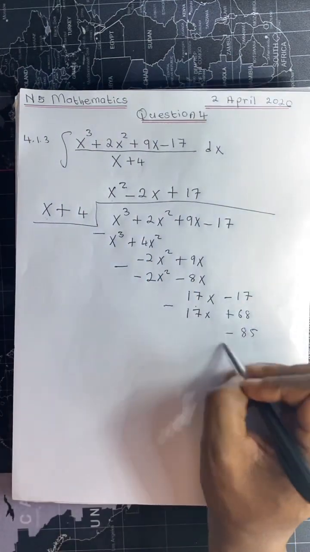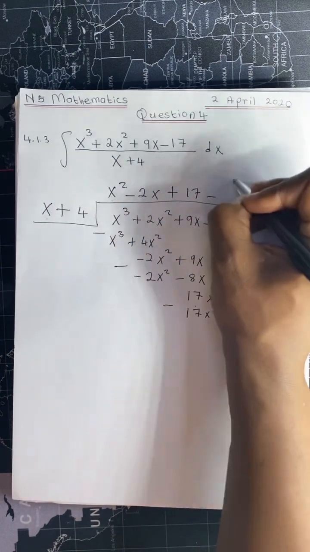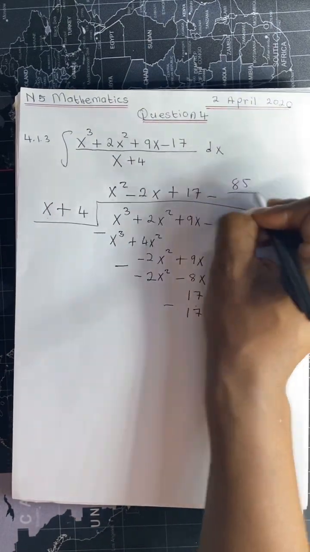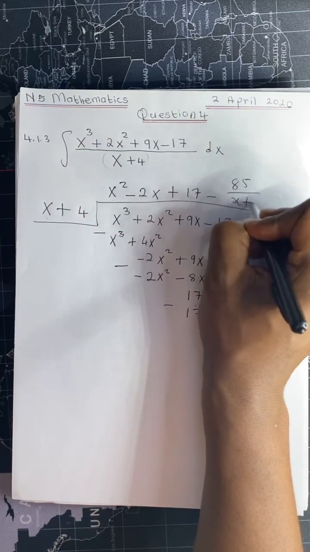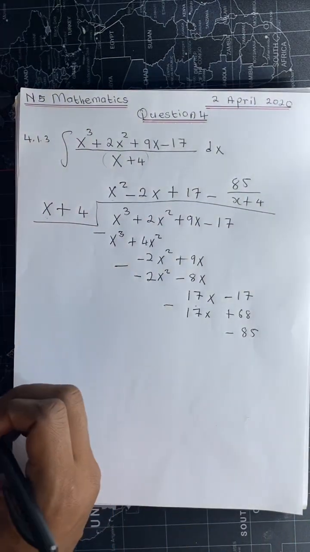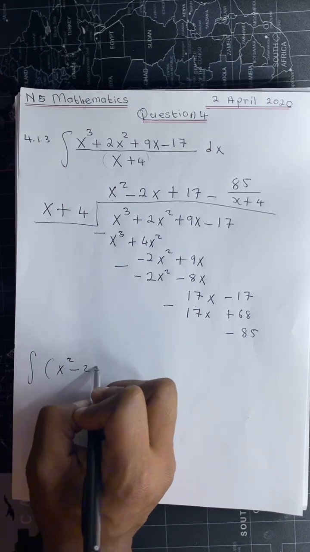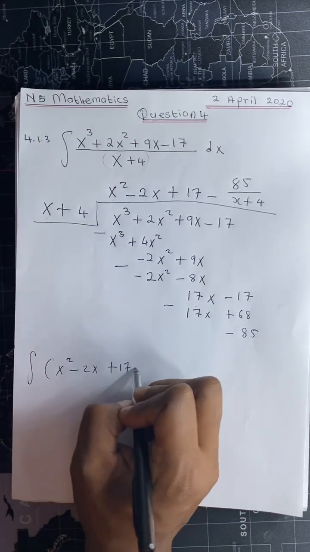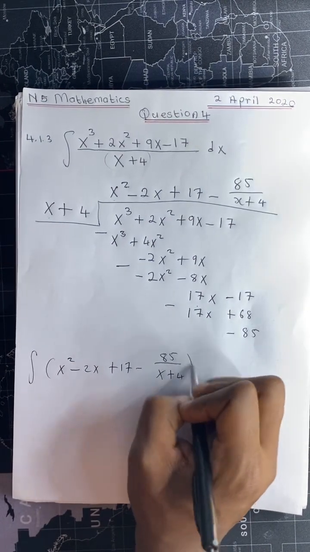And from here, this 85 does not have x, so we have to divide it with that whole denominator, x plus 4. So now we have to integrate x squared minus 2x plus 17 minus 85 over x plus 4